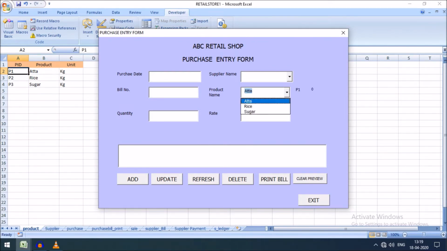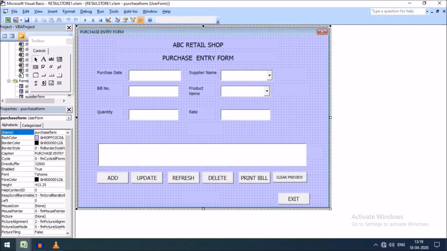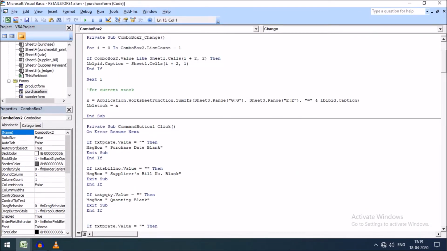You can see if I choose sugar, then it is P3. If it matches with this second column of the sheet, the product ID will be displayed here in this label.